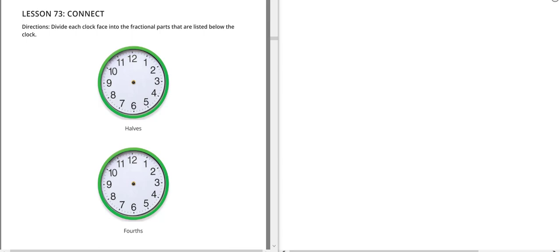an analog clock. You know that the analog clock, its face looks like a circle. The circle, we can divide it into different unit fractions. We can divide it into two halves